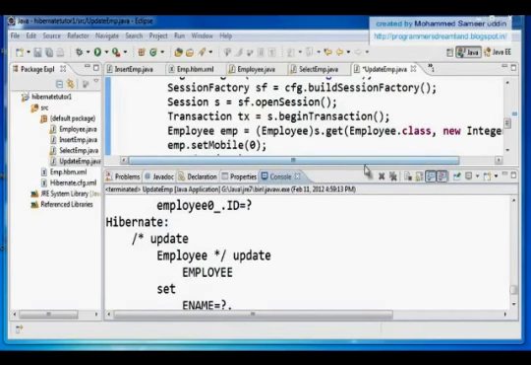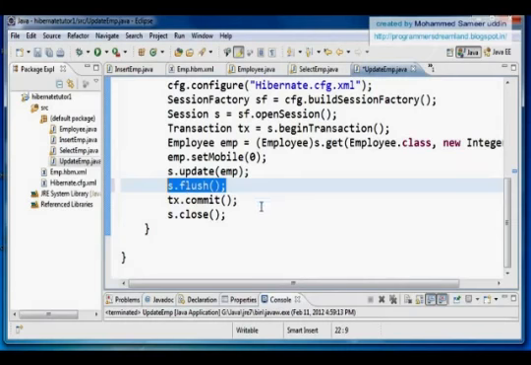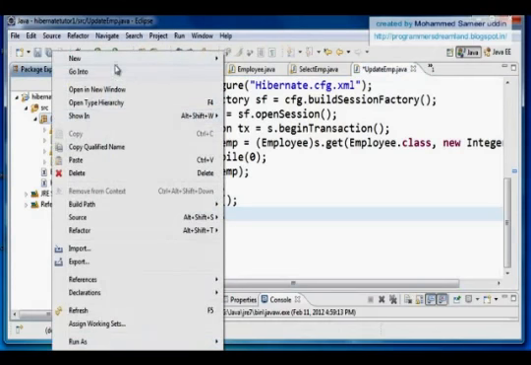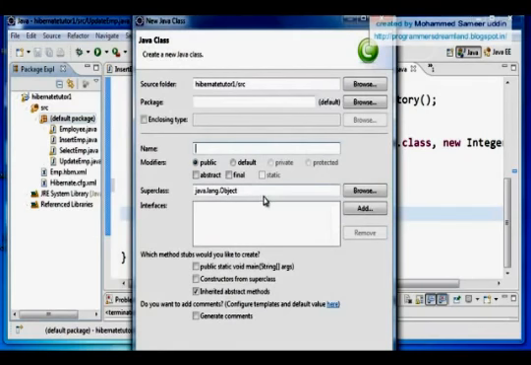Flush is actually used for synchronization with the database. So it is very necessary when you're writing big programs. Flush helps you to synchronize with your database, that is, with recent values. And that's why you should always use the flush method, and this is pretty much the update program. Now the next program which we are going to do is the delete program, which is, as you may guess, similar. Now I say new class, and I'm going to create the delete emp class,